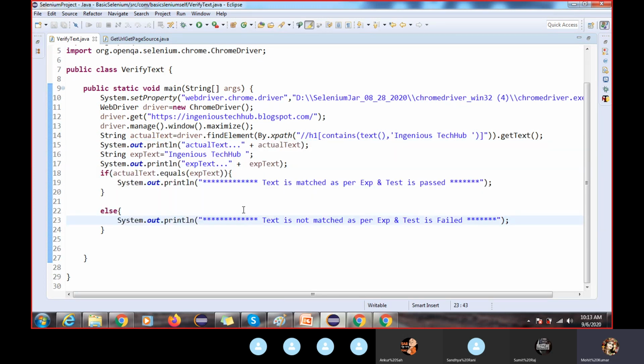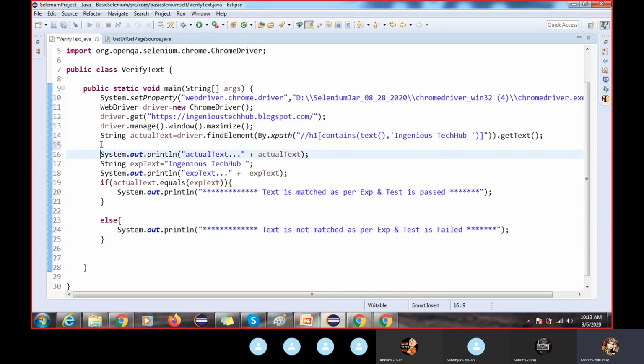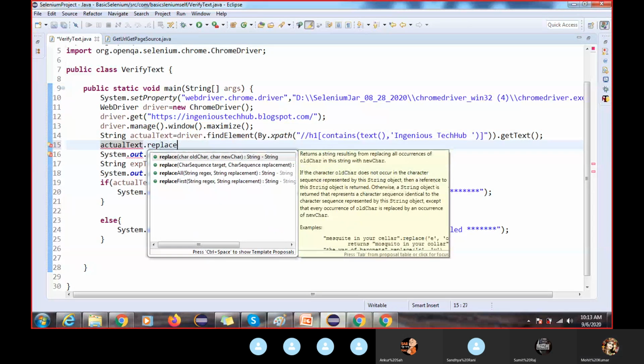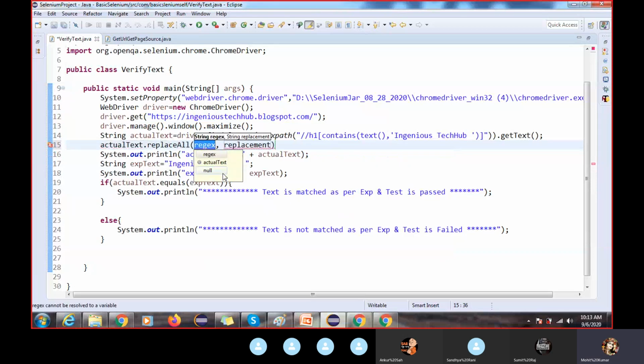Got it, right? So might be some bug is there. What can we do here? I'll do one more thing. There might be a space issue. So we have one method, replaceAll. The replaceAll method will just remove all the spaces. I am going to store it in a string, because replaceAll also returns a string type.